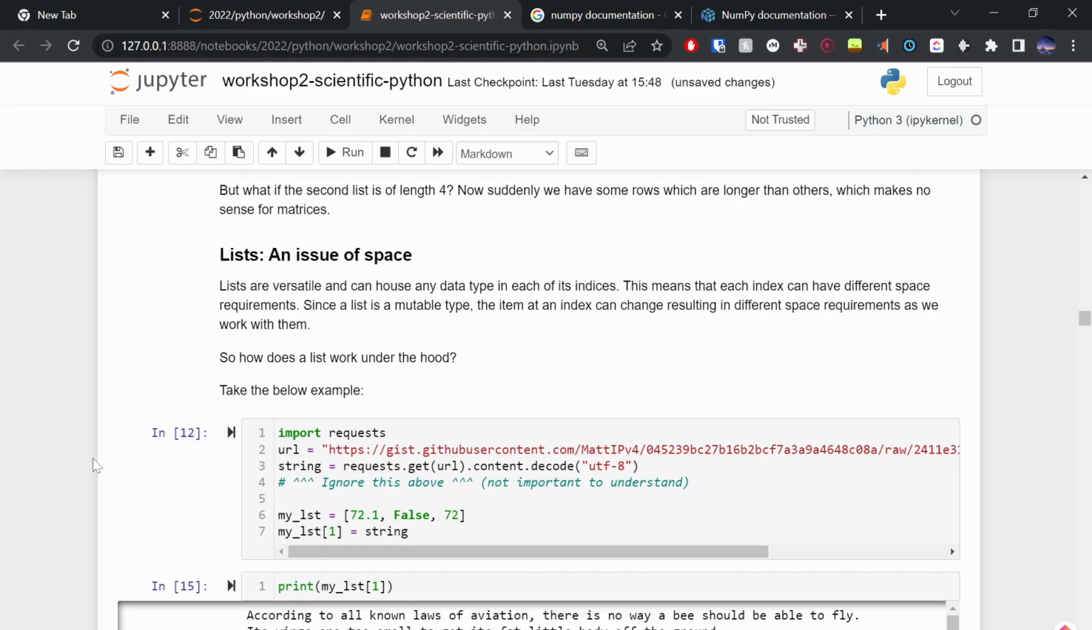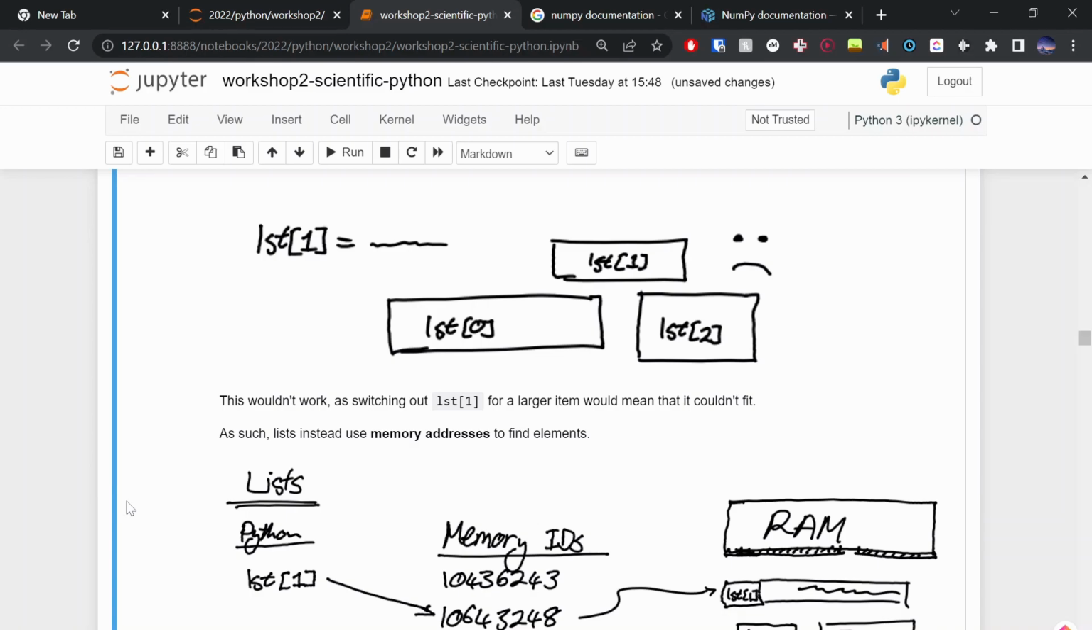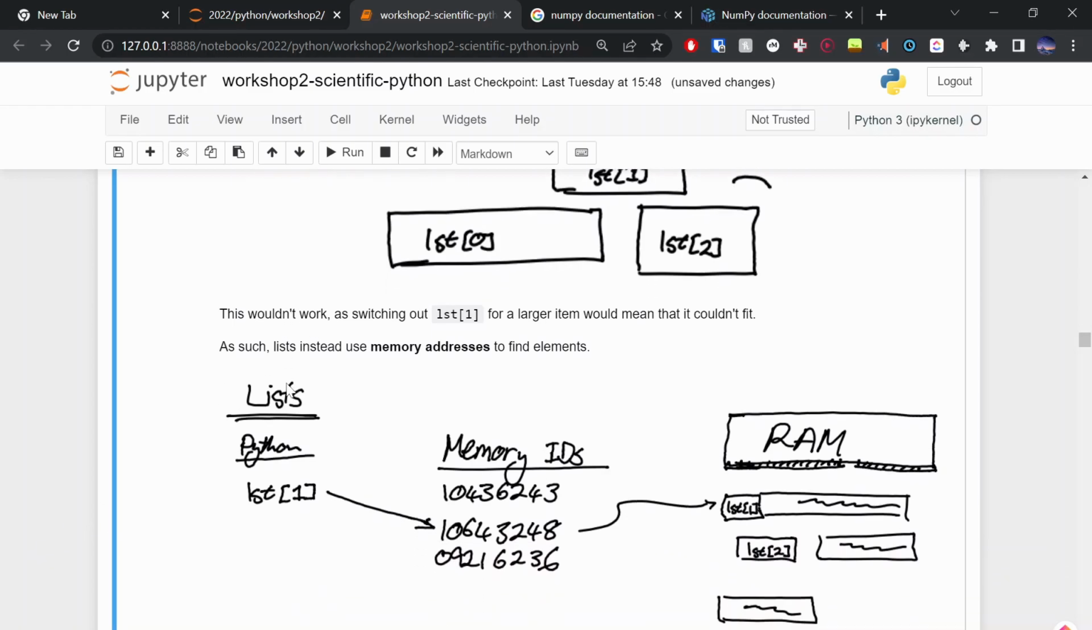So how does it actually work under the hood? Lists work off the concept of memory addresses. So instead of putting the actual data itself next to each other in memory, what it does is it puts an address for that piece of memory. So if you imagine you have,